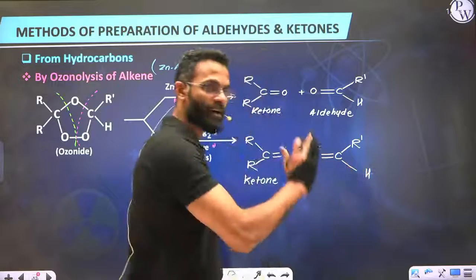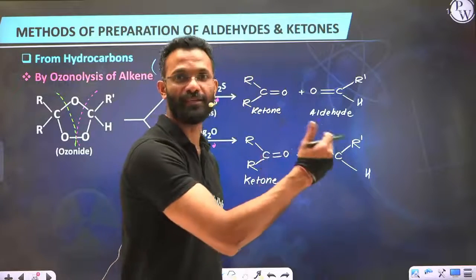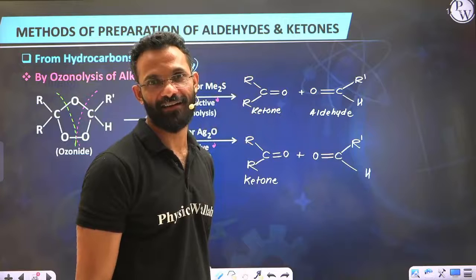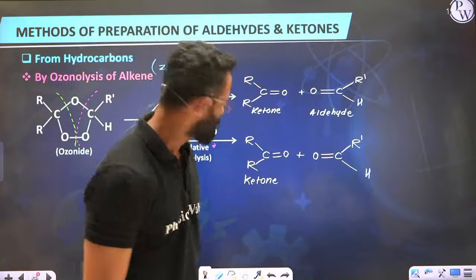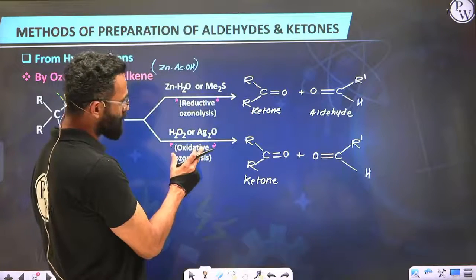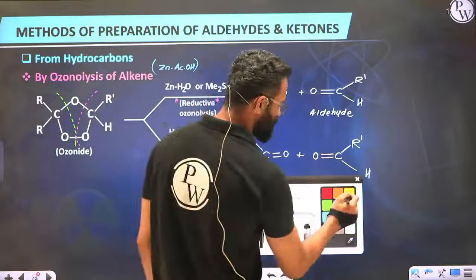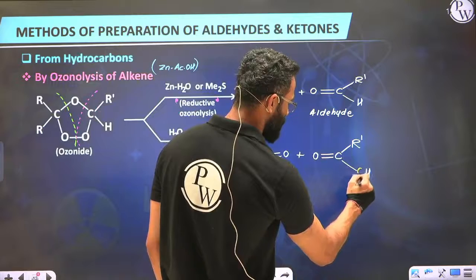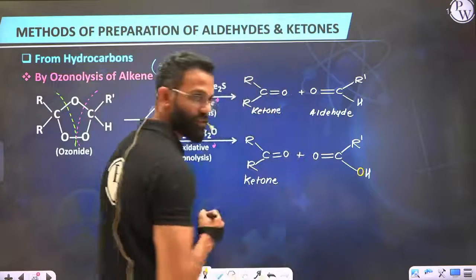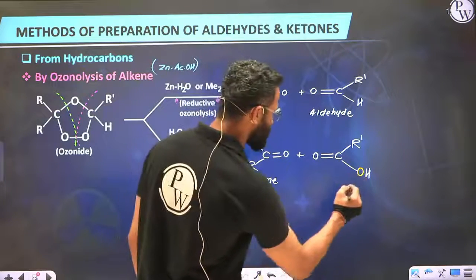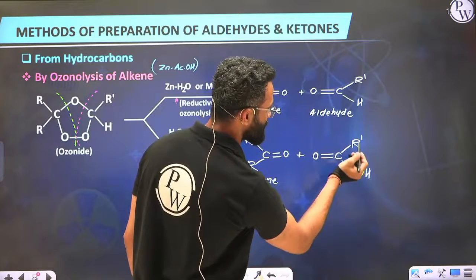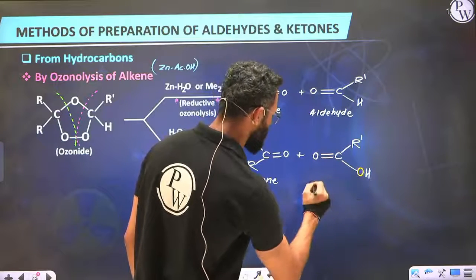Oxidizable H are those H's which can be oxidized provided conditions are oxidative enough. Because our conditions are oxidative and they're oxidative enough to oxidize this H, now what happens? Your product will not be just aldehyde, this will undergo oxidation, that is addition of oxygen. When addition of oxygen took place, this is no more aldehyde, this is RC double bond OH, which is nothing but